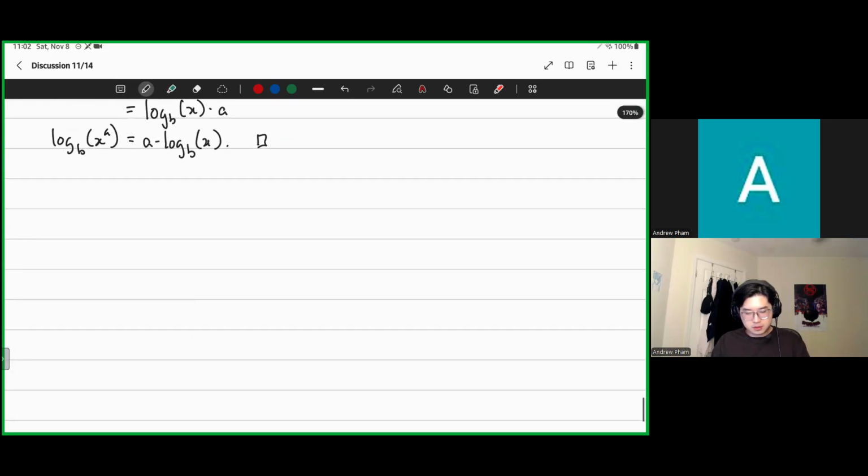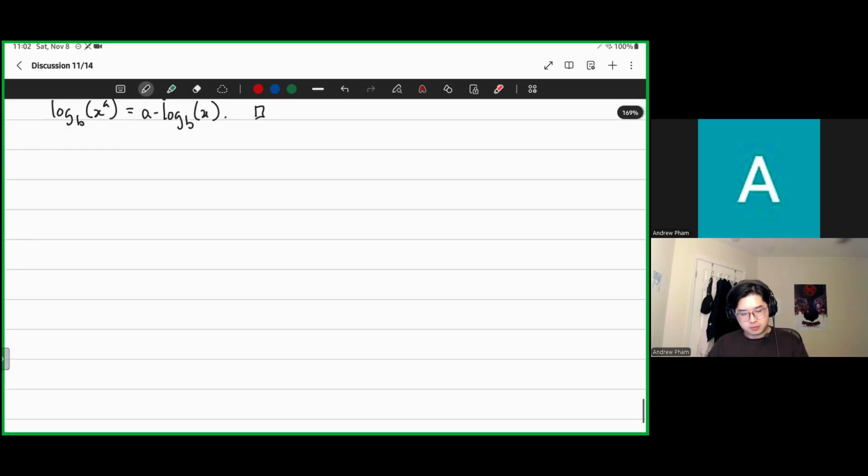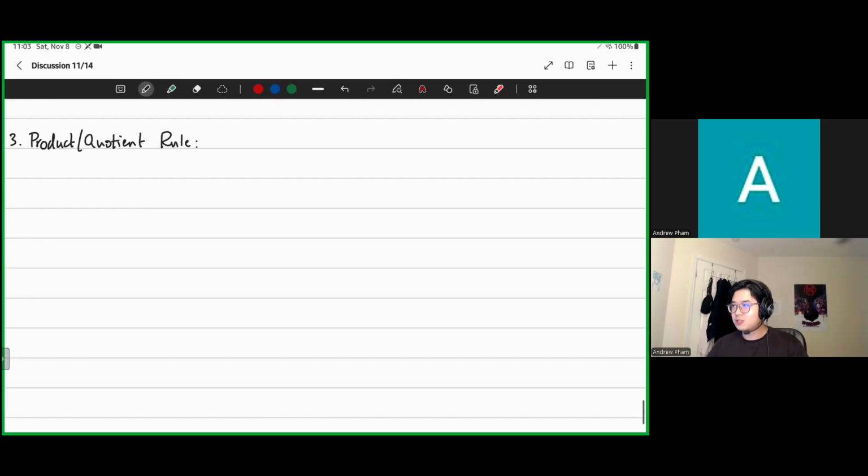Okay. All right. So that is the power rule. The next rule that I would like to go over is the product rule. Where does the product rule come from? I'll put a slash here and say quotient as well because it uses the same idea. Recall that this rule is